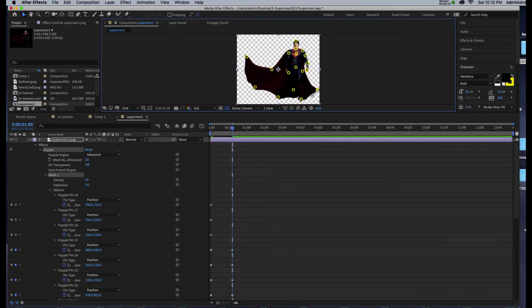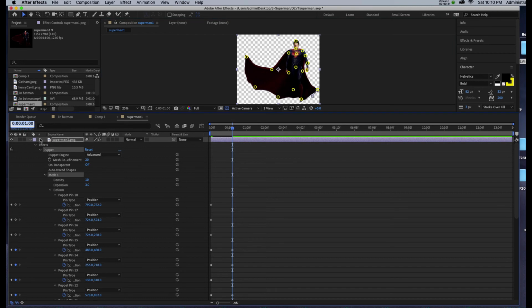And if you feel that you need to add more to the body that needs to remain stationary, you can go ahead and do that as well. Now I want this to be a complete cycle. So what I need to do now is to copy and paste all the keyframes at the beginning to second number 2. So I'll click in my time code, punch in 200,